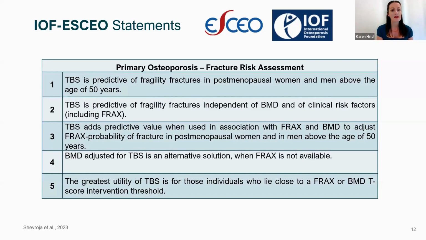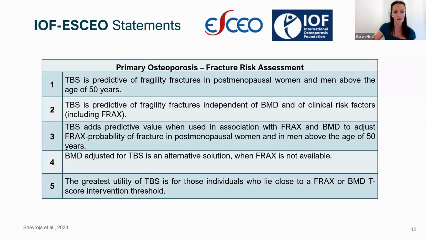Thirdly, TBS adds predictive value when used in association with FRAX and BMD to adjust the probability of fracture. And BMD adjusted for TBS is an alternative solution when FRAX is not available. And finally, as I think you'll be aware from the previous presentation, the greatest utility of TBS is for those individuals who will lie close to the FRAX or BMD T-score